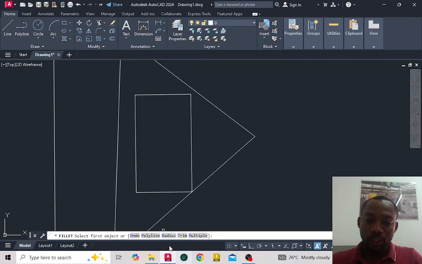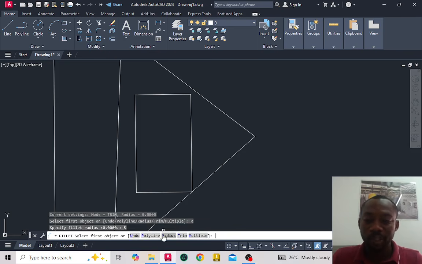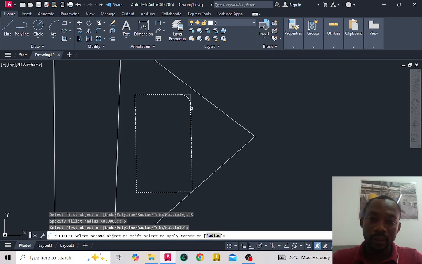After clicking on fillet, come click on the radius, because you need a radius, a distance, to draw a fillet. So click on radius. If I had not clicked on radius, it means that the software has selected 0 as my radius, which will end up having no fillet. So I'm typing in 5 as my fillet radius, and I click the lines, this line and that line. You can see that my